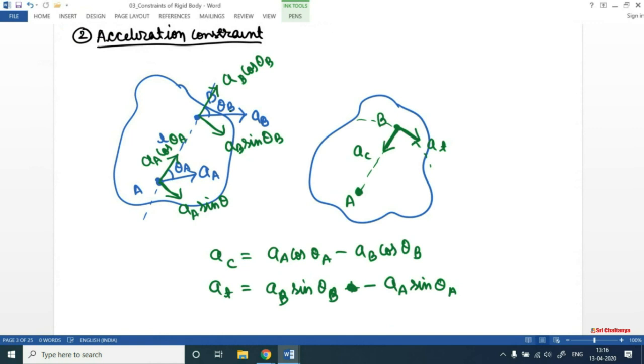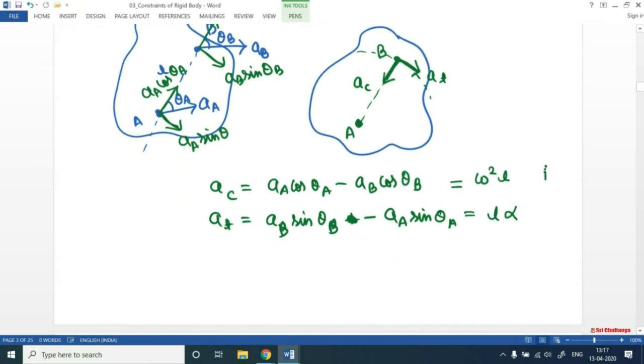Now, in circular motion, just now in fixed axis rotation, we have learned that the centripetal acceleration was simply equal to omega square L, and the tangential acceleration would be nothing but L alpha over here. So